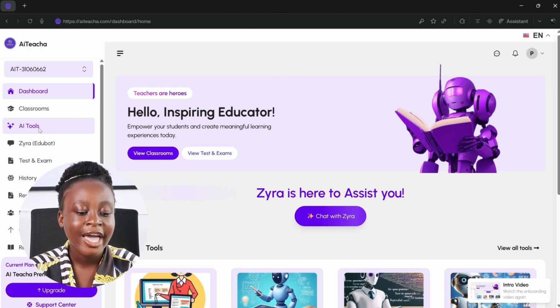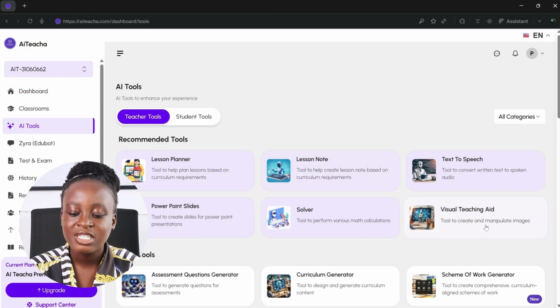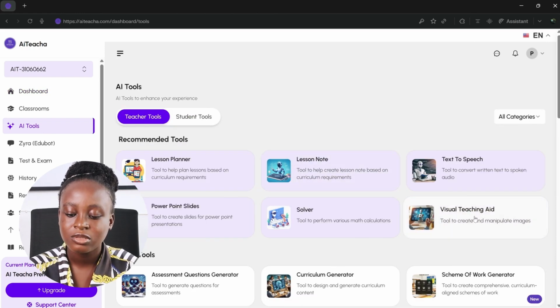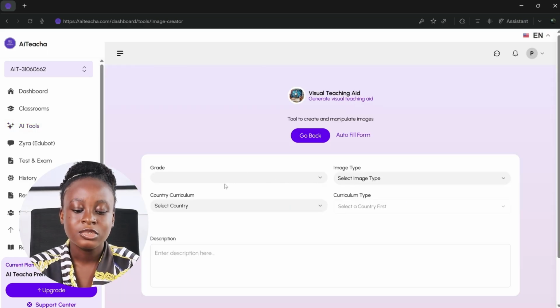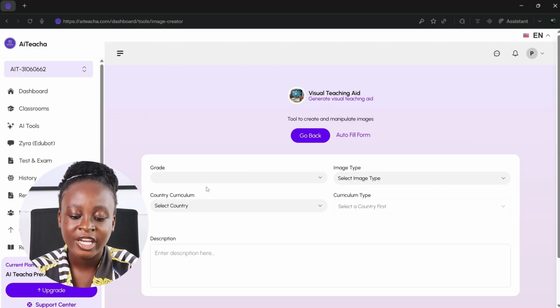We are going to click on AI tools. Then these are visual teaching aid. You click on it. I'm going to fill in the form, but before I fill in the form, with this visual teaching aid, we have